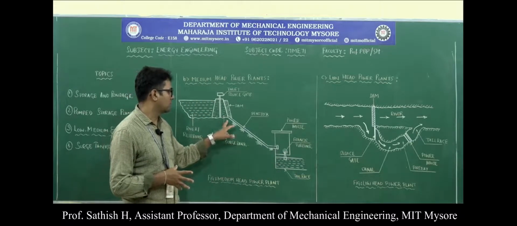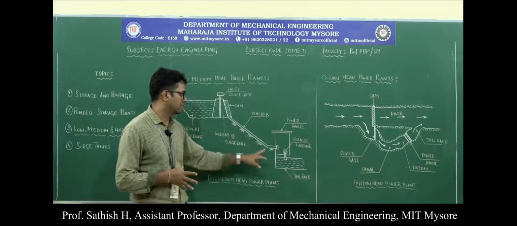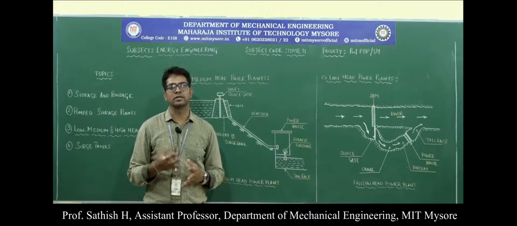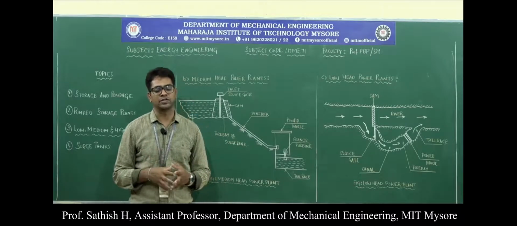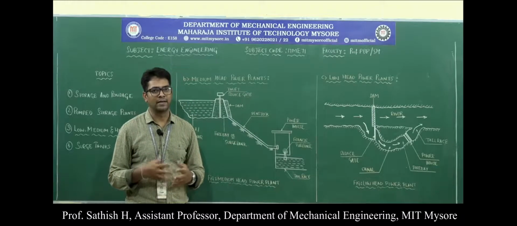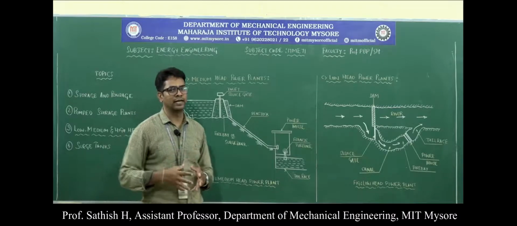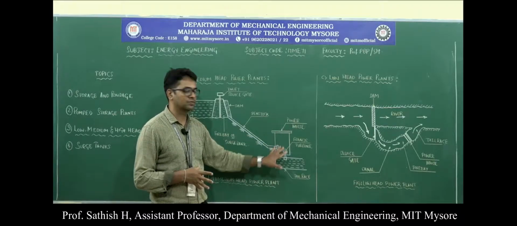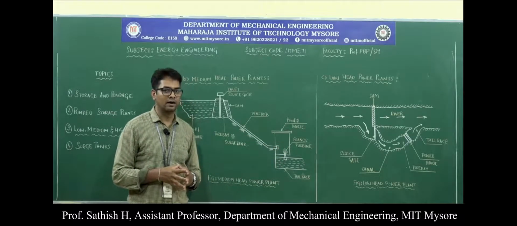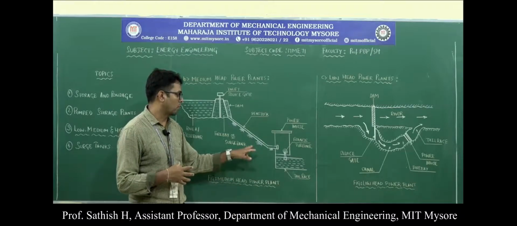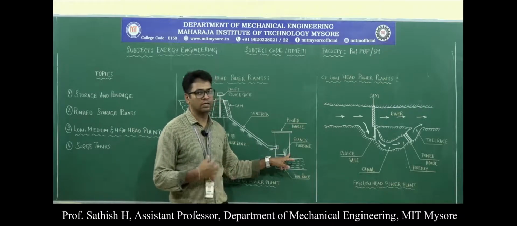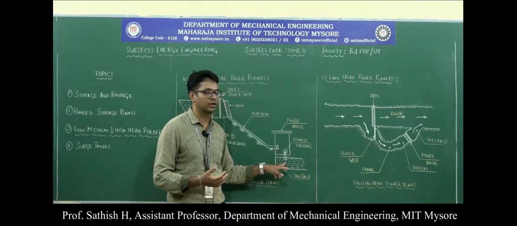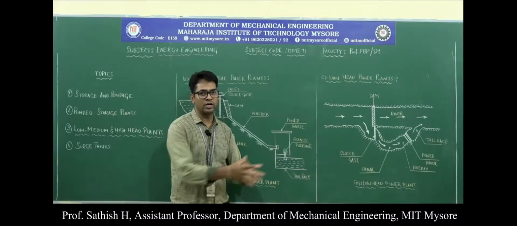Once the water is taken from the reservoir, it is transferred onto the Francis turbine, where the energy stored in the water, that is kinetic and potential energy, is converted into mechanical energy, which in turn is converted into electrical energy with the help of generators. This is the powerhouse where the turbine and generators are placed. After passing the Francis turbine, the water is released into the tail race that will join the river.